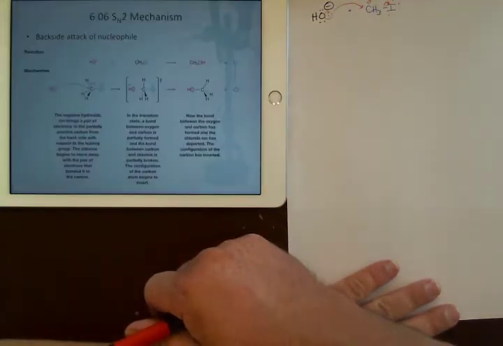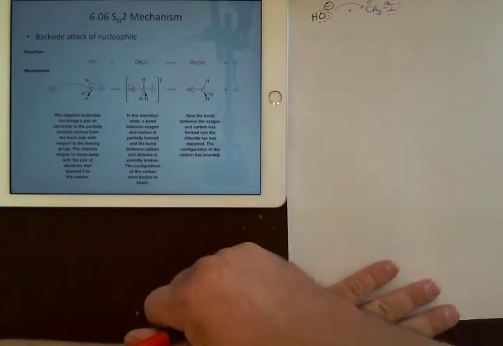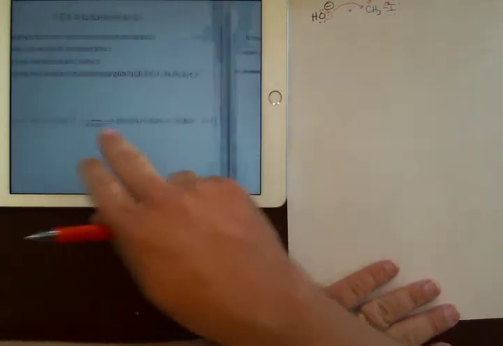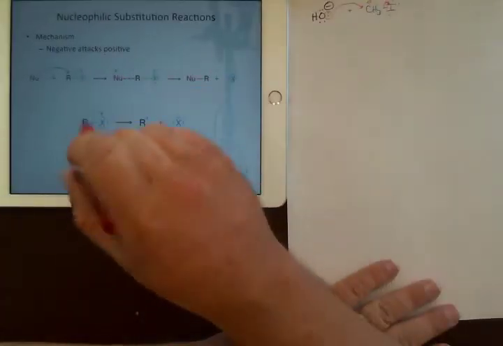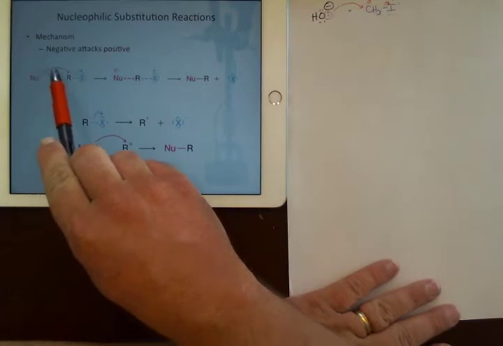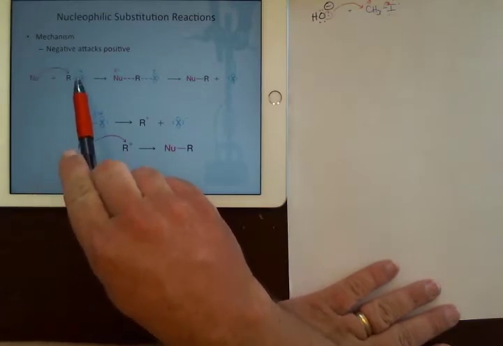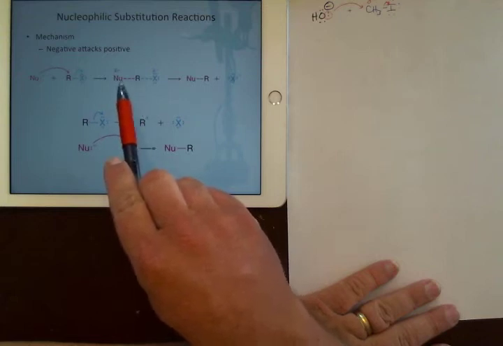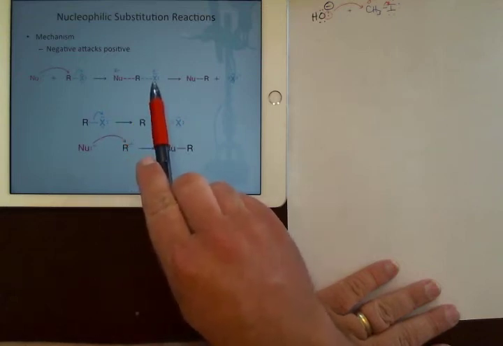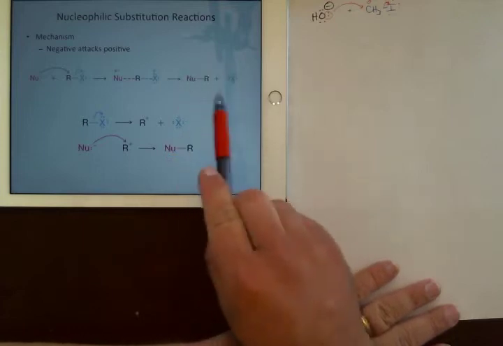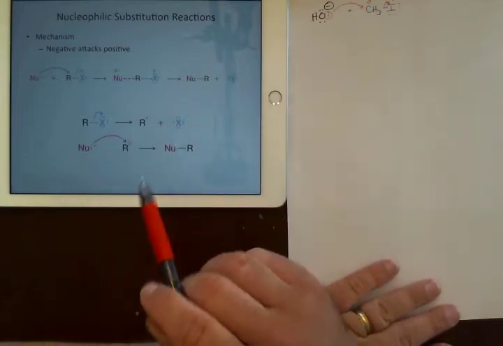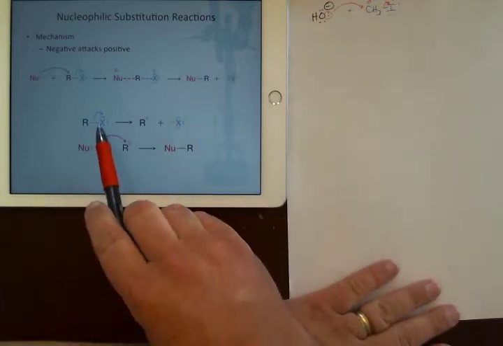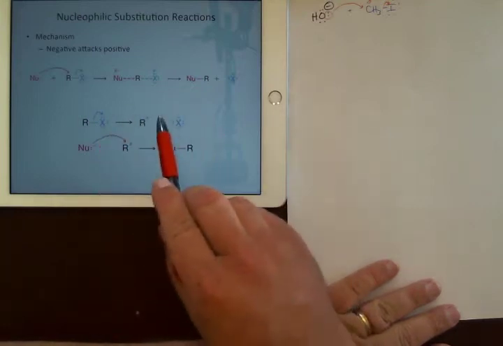Okay, the SN2 mechanism, guys. So this is the first type of attack. Oh, I didn't talk about this. Sorry. I just talked about this one here, where the nucleophile comes in and actively pushes this away. So as this bond is formed, this bond is breaking, and so you end up getting the swap. Okay? The other way that you could do it is the leaving group just leaves on its own to